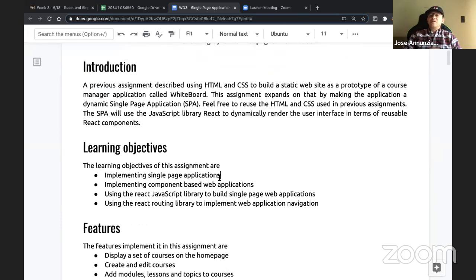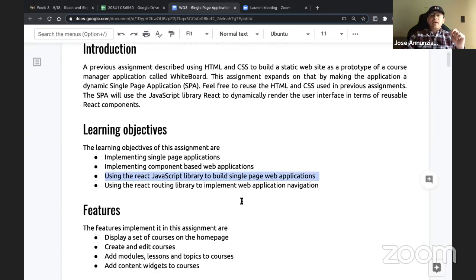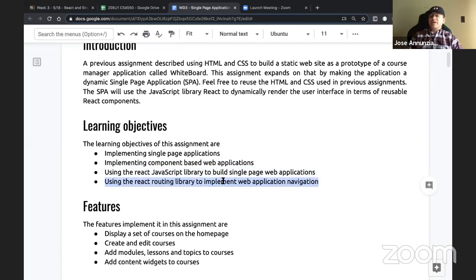This assignment is called Single Page Application with React.js, and it's going to give us a chance to introduce the concept of single page applications, of implementing web applications in terms of reusable self-contained modules, right? We call them components, that can collaborate to build more complex components and eventually build an entire page and maybe even an entire application. We're going to use the React.js JavaScript library to build single page applications, and also we're going to introduce another library,